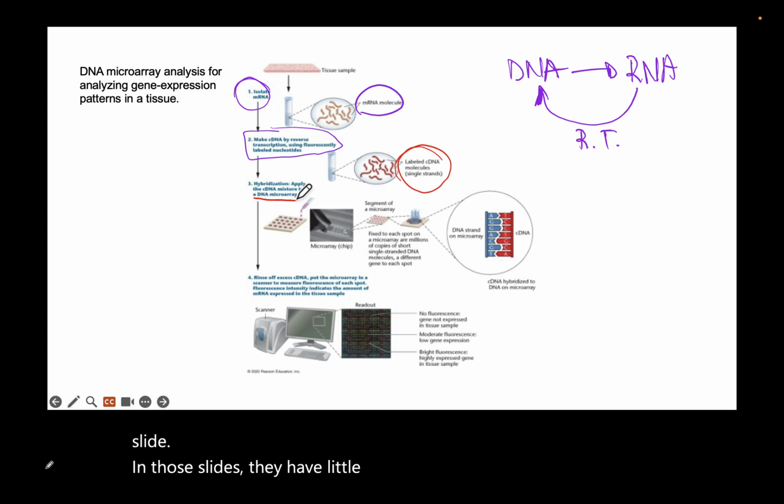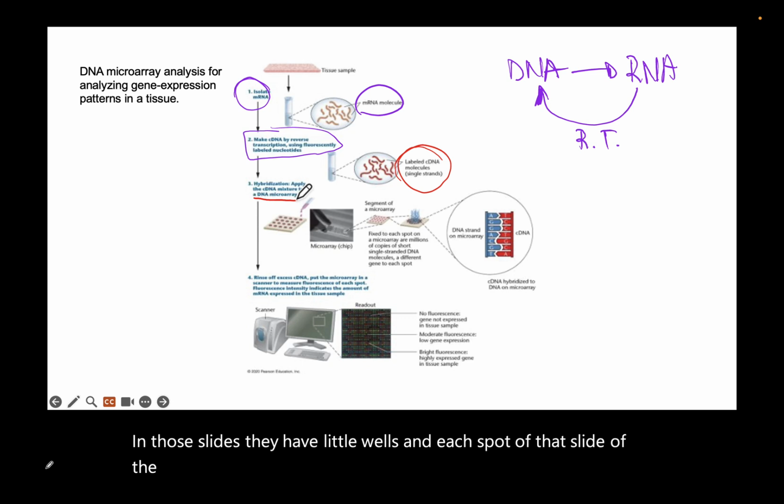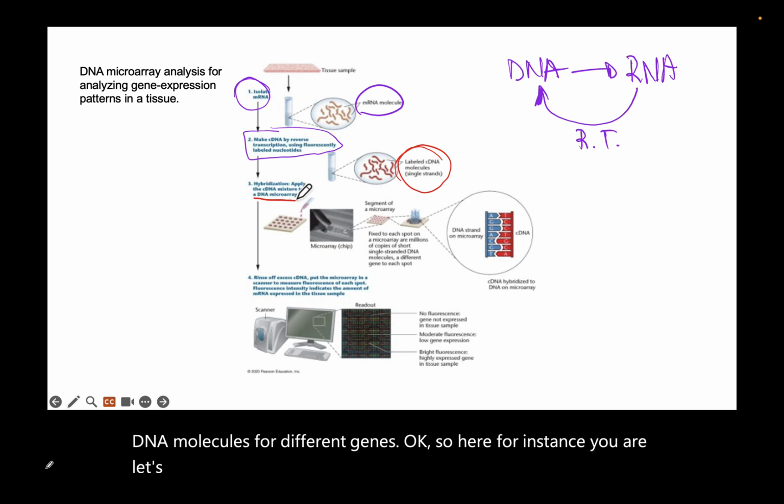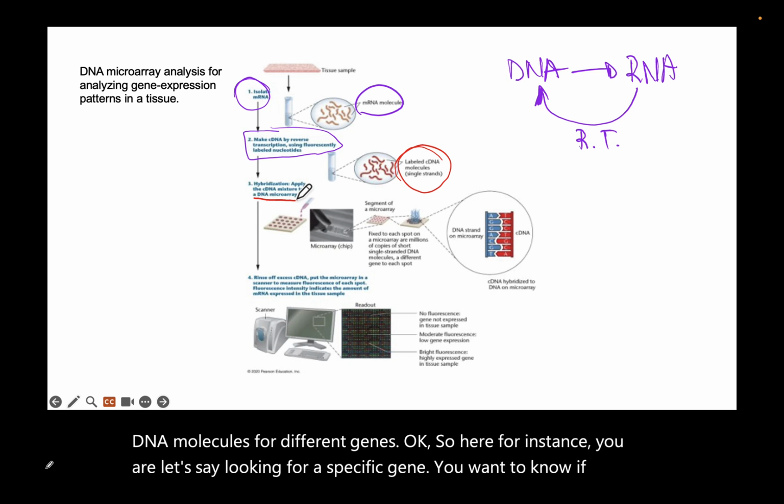In each spot of that microarray, there are millions of copies of short single-stranded DNA molecules for different genes. So here, for instance, let's say you are looking for a specific gene. You want to know if your organism expressed or not